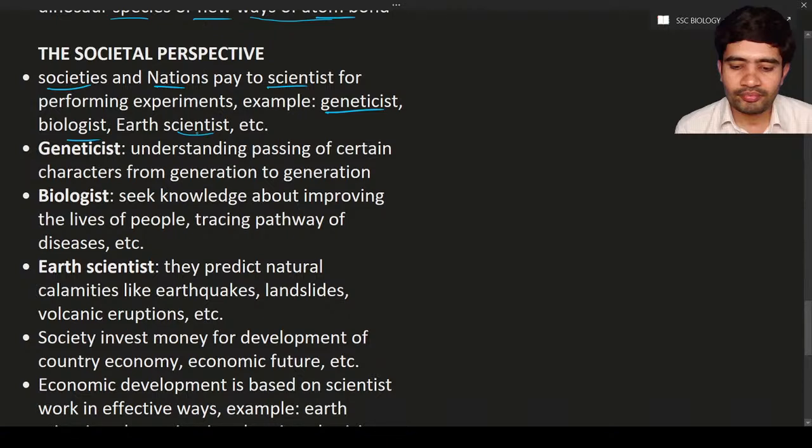So the earth scientists predict natural calamities like earthquakes, landslides, etc. Next is how society invests money. For example, your father or your mother or your uncle. So what they do,